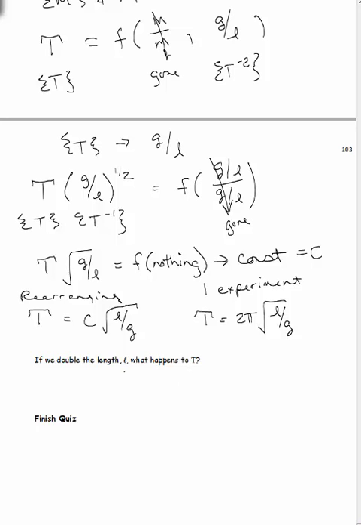We can see what happens if we double the length. What do you think happens when we double the length? Well, double the length, you're going to have a square root of 2. So T goes up by square root of 2. Okay, so you can get more information out of this stuff sometimes than just scale modeling or experiments. Okay, that's it. So go ahead and finish the quiz. See you in